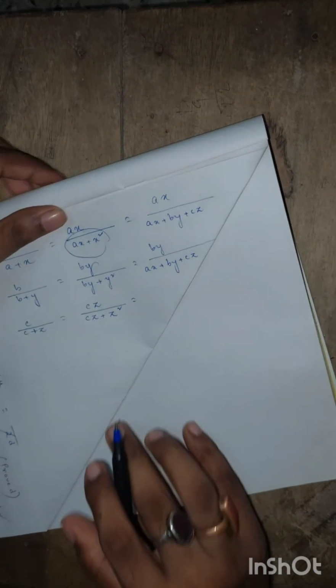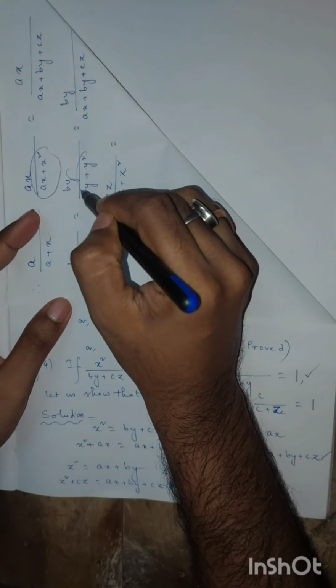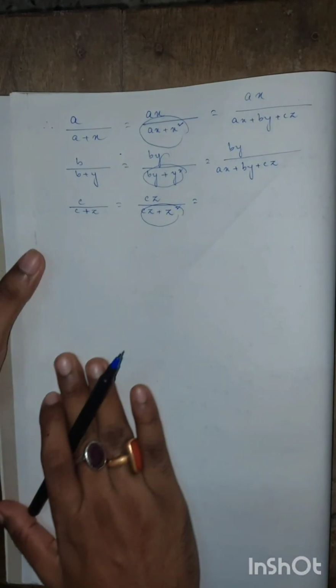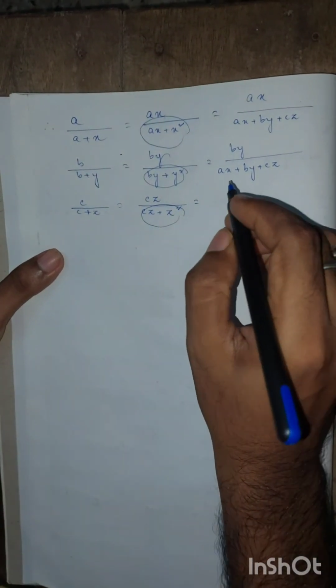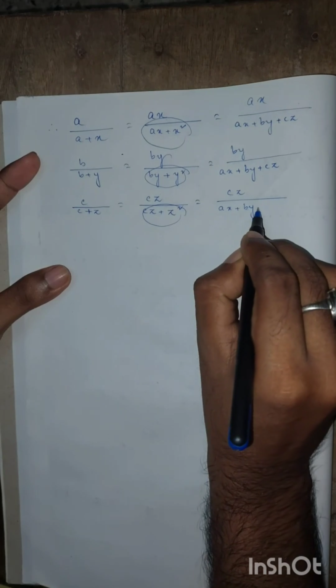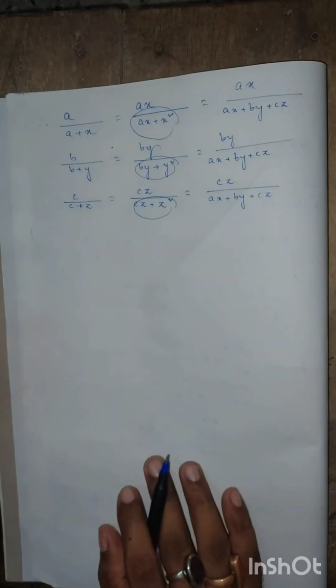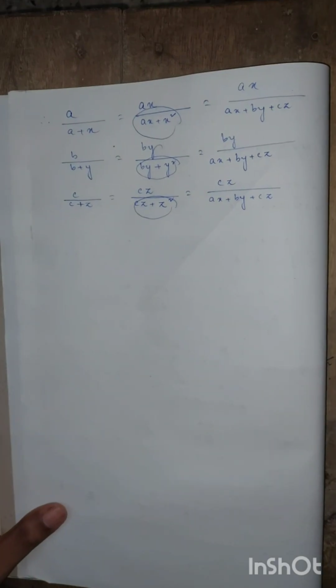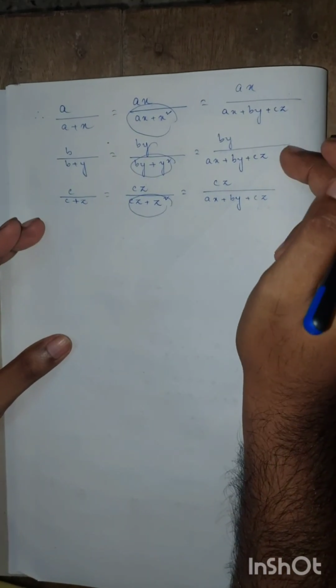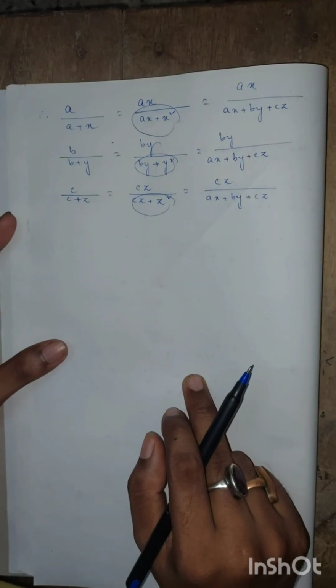And again, in place of cz plus z square, we can write ax plus by plus cz. Now if we add these three ratios, we get